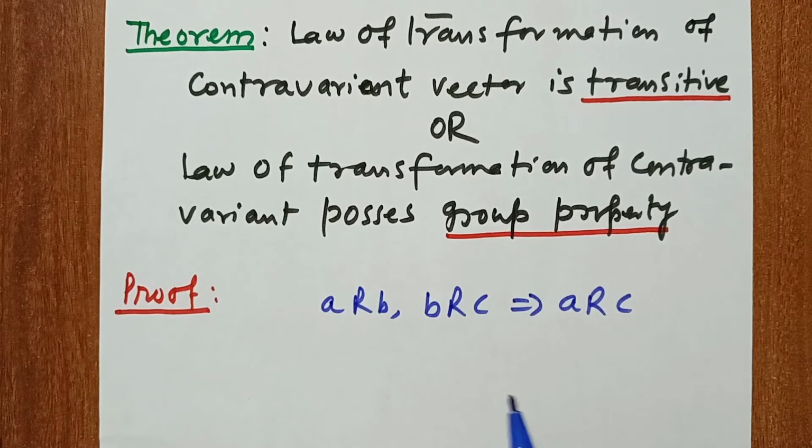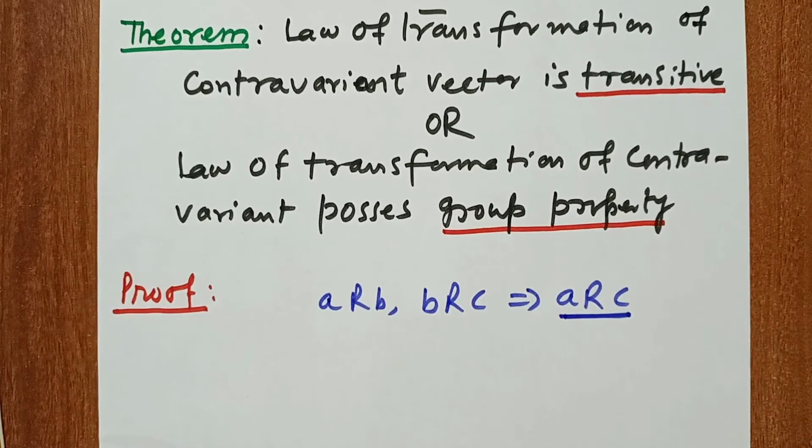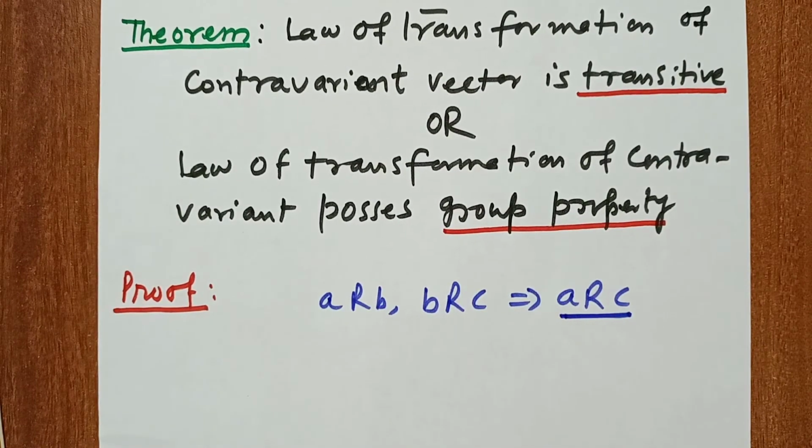In any set, a relation R is said to be transitive if for any three elements A, B, C of the given set, if A is related to B and B is related to C, then A is related to C, and we say this relation is transitive. So here we have to show this relation holds in